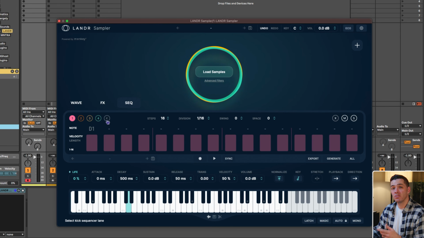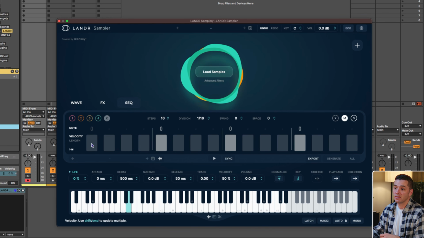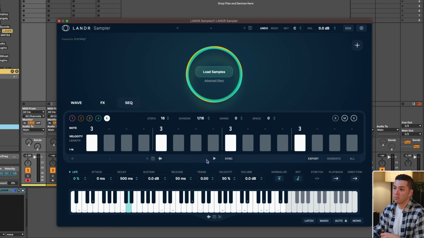The kick lane can be used to lay down a simple groove to get an idea going. All you have to do is click in the sounds here, select a note, and press play. If you want Sampler to sync with your session, so you can hear my metronome's on, but it's not in sync,